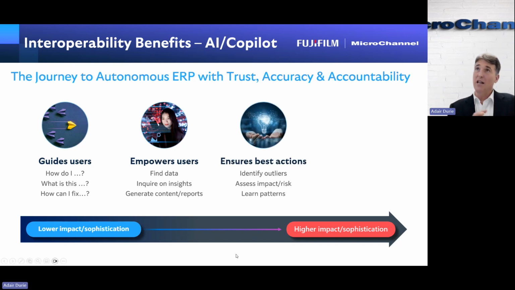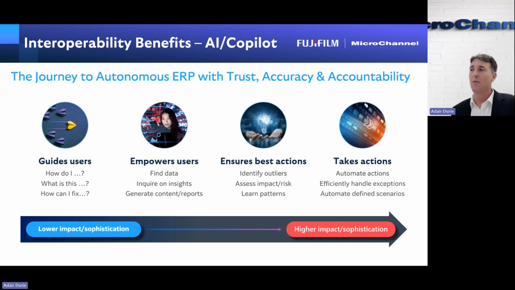To now, in the last sort of 6 months, we've seen the AI on an ERP system looking through the data and saying, hey, this data looks wrong, right? Is there fraud happening, or is this just being inputted incorrectly? Or what are the impacts? What's the risk of what's happening in my ERP system? What are the patterns that are happening? So the ERP system with AI ensuring the best actions.